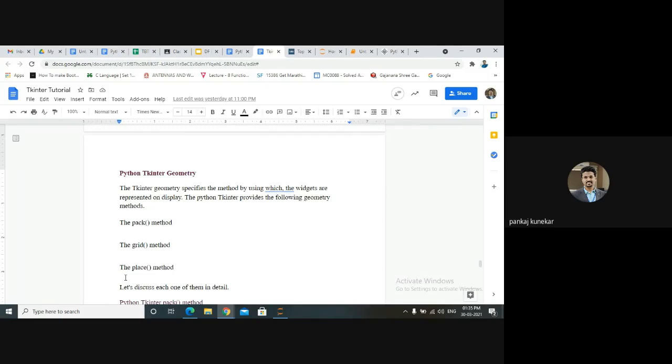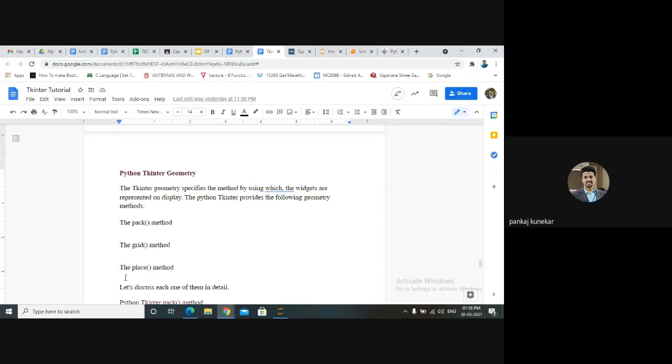Pack is basically used to display your widgets on your window. Using pack, you can display your widgets on your window. Then grid is nothing but rows and columns. You know that our window can be divided into a number of rows and columns, and we can display our widgets in a row and column.